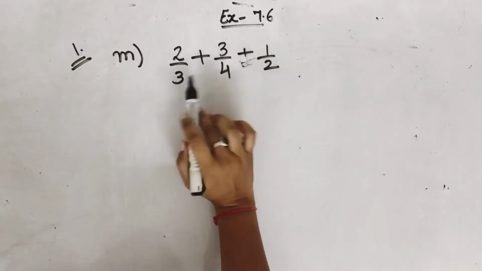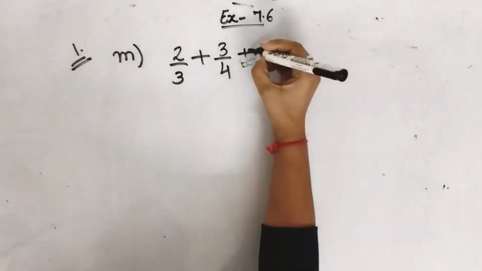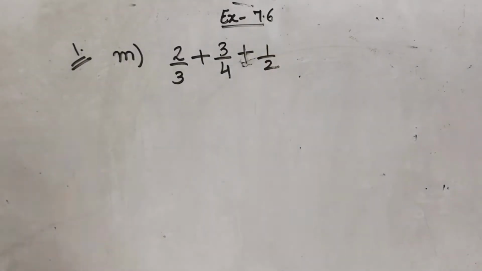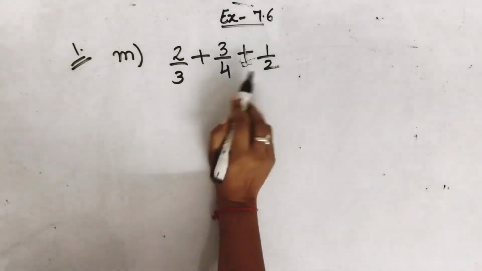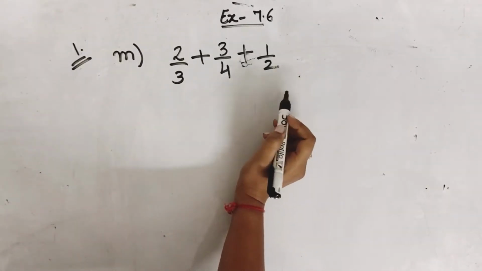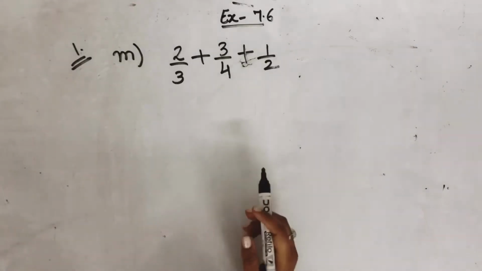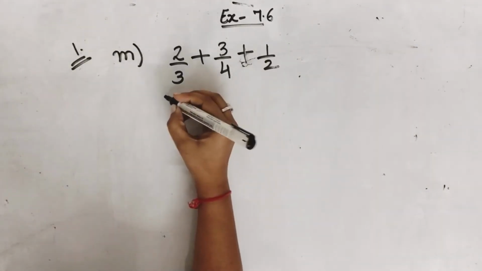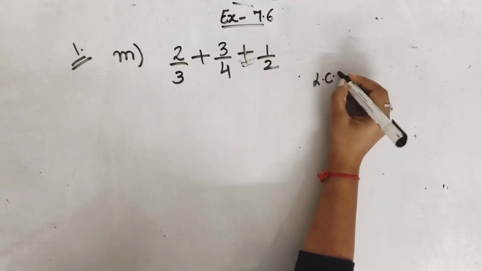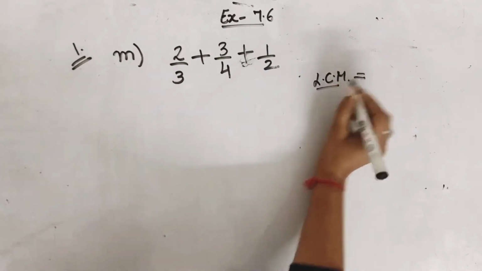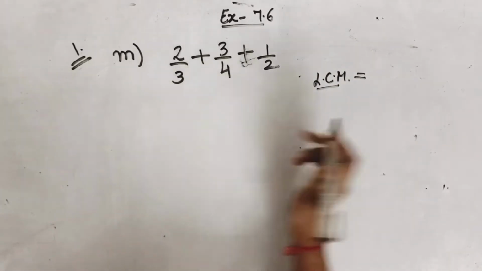In this part we have 3 fractions, but the process will be same method you have to use जो हमने 2 fractions के लिए किया था. Now these are unlike fractions. It means first you have to convert them into like fractions. Like fractions के लिए पहला step क्या होता है? You have to find the LCM. LCM of these 3 numbers.